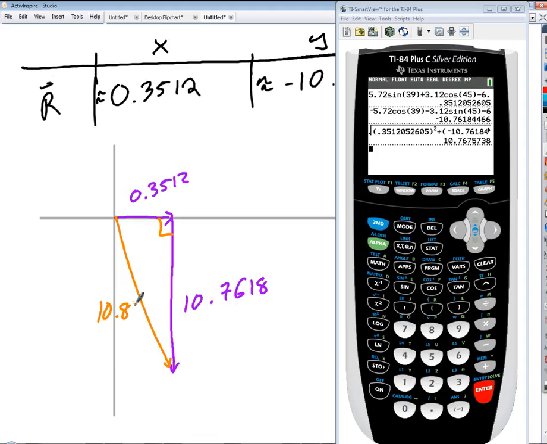Okay, now I got to get the angle, right? Got to get the angle. So here's the angle that we've calculated, correct? I'm sorry. Yeah, that's the angle we've calculated right there. Okay, so how do we find that one? It could be a tangent issue, isn't it? We know, remember, from TOA that the tangent of theta equals the ratio of the opposite divided by adjacent, right? So we're going to do the inverse tangent of that ratio, okay? So we need to find this angle, the inverse tangent of,